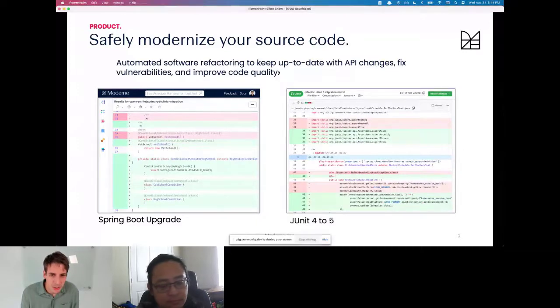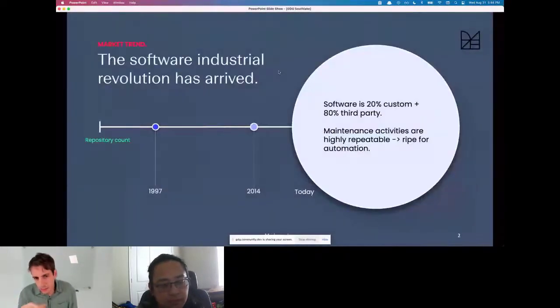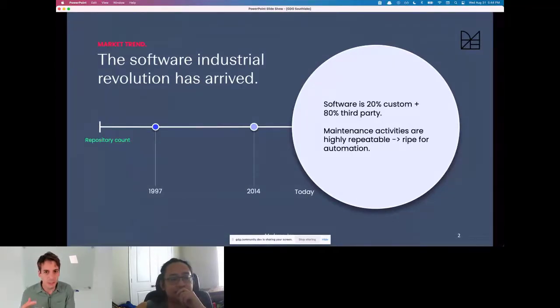So in the few years that have transpired since then, I think what we've noticed is, as an industry as a whole, this software industrial revolution has really arrived. We've got more and more software, more and more code in our organizations, and I think it's because code used to be written from the ground up, more or less proprietary. And these days, software is 20% custom glue code, stitching together 80% OSS software that forms the building blocks of the experiences that we build, and that's great.